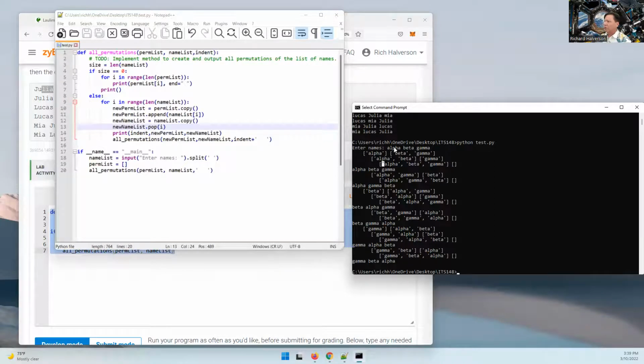So the first time, we enter in the names, that's what we did here, and then we call all permutations, and it comes in here, and size is not 0, size is 2, and so we go down here, and so then we loop. Name list is going to be this. Oh, it's going to be alpha, beta, and gamma, isn't it? Okay, so I'm going to do this. When we come in, I'm going to say,